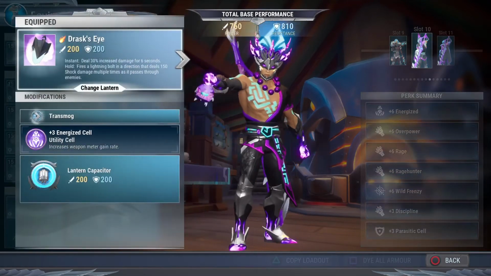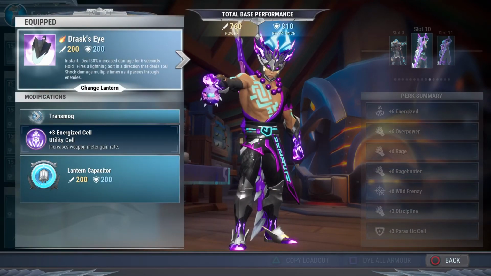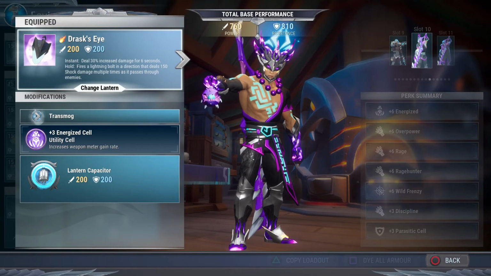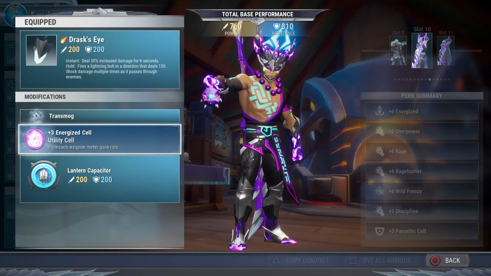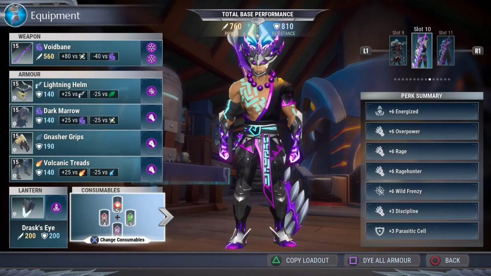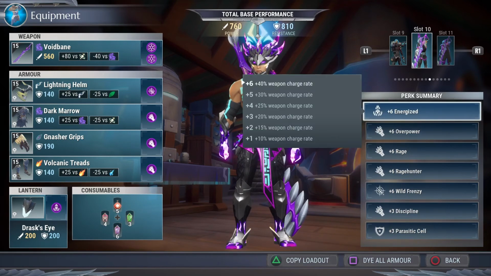For the lantern, since we don't really need that much attack speed because we're spinning to win, we're using Drask's Eye for the insta-tap for that increased damage, so that's real nice. And definitely put an Energized cell in there as well, so you can go to your spin build as fast as possible. So all in all, what we got going on in this build is a +6